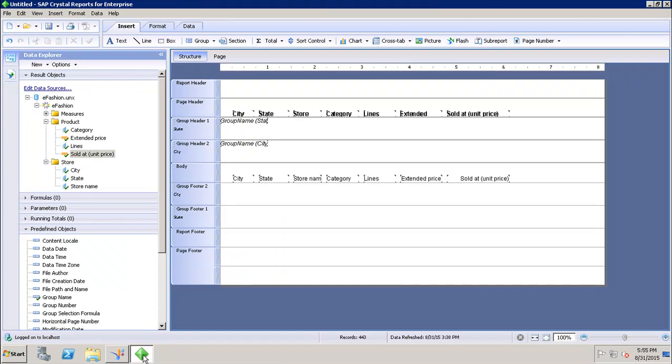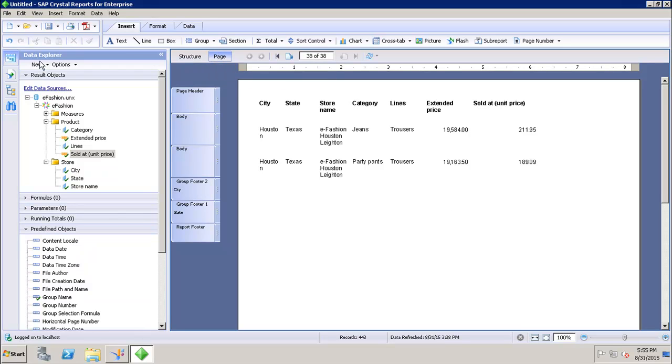So, this is my Crystal Report which I have created in the Crystal Report for Enterprise tool. Here I have created two groups. First is on the state and then on the city. So whenever we create any group in the Crystal Report for Enterprise, a group tree is created for each one of them. To access that group tree, we have to go into the page mode,